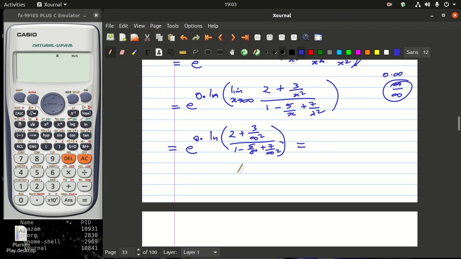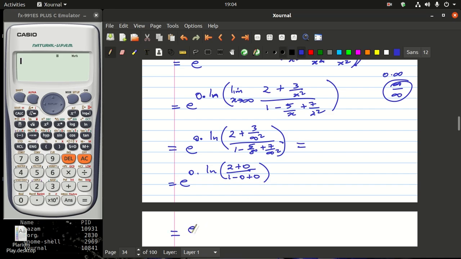And this is going to be equal to e raised to 0 times ln. And if you look into this here, infinity squared is infinity times infinity, which is just infinity. So 3 divided by infinity is going to be 0, so we have 2 plus 0. And also here I will have 1 minus 5 is a constant. Constant divided by infinity is always going to be 0. Constant divided by infinity squared, which is infinity times infinity, which is infinity. So 7 divided by infinity is still going to be 0, because 7 is a constant, it's always going to be 0, which